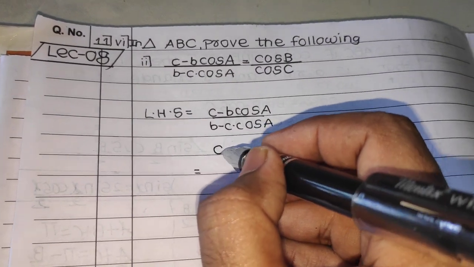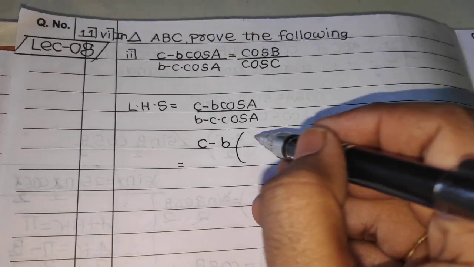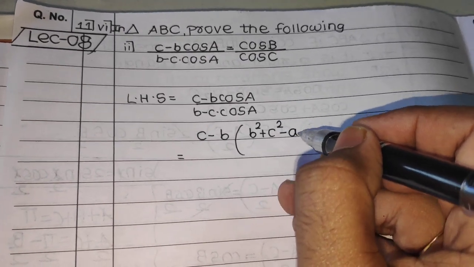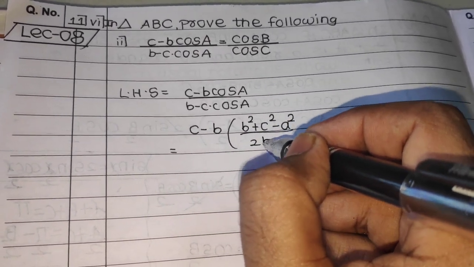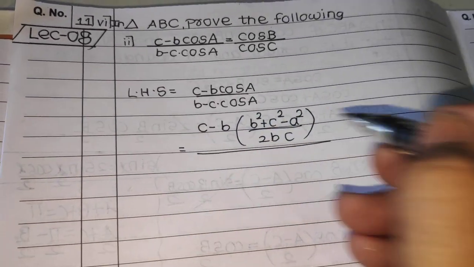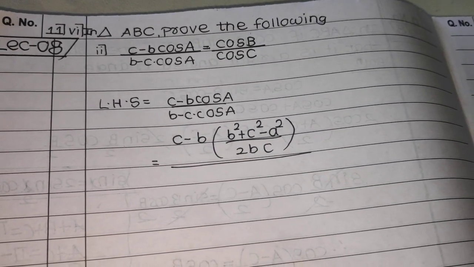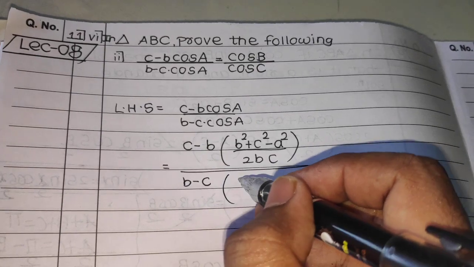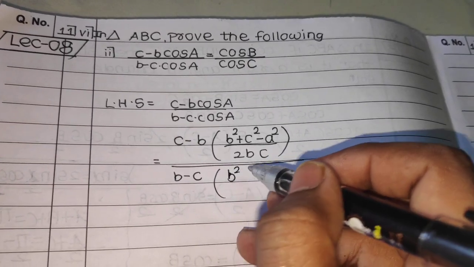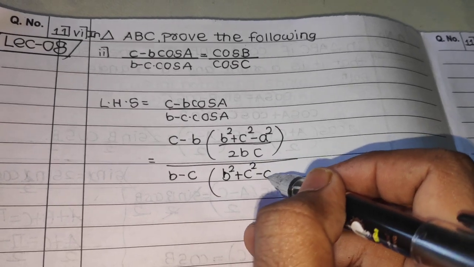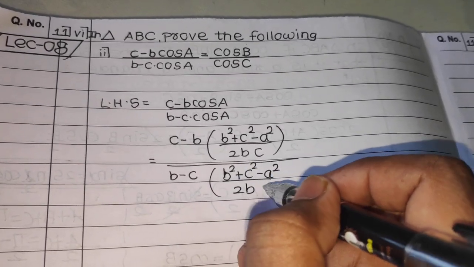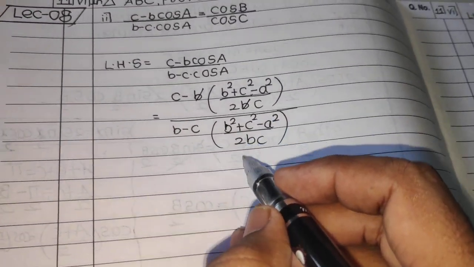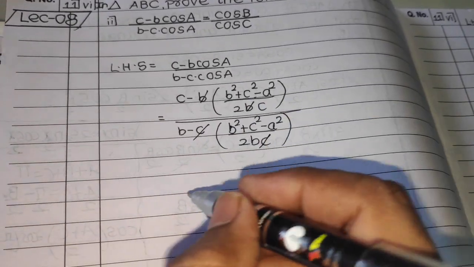Now all of us know about the transformation formula of the cosine rule. This can also be written as b square plus c square minus a square, the whole divided by 2bc. I hope you remember the cosine formula; in our previous video lectures we have revised it many times. Next one, b minus c, now cos of A will be b square plus c square minus a square upon 2bc. So here we can see in the numerator this b and b get cancelled, and in the denominator this c and c get cancelled.